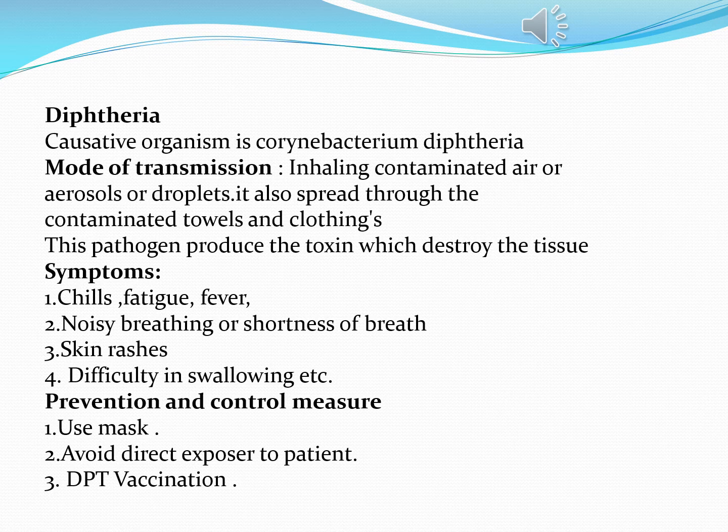Okay, we'll discuss one more disease, that is diphtheria. Diphtheria is caused by Corynebacterium diphtheriae. Which organ is affected? Again it is our respiratory system, the lungs. How does it enter our body? It enters our body by the inhalation of contaminated air droplets or aerosols. After entering our respiratory system, this pathogen produces a certain kind of toxin, and that toxin destroys the tissues.